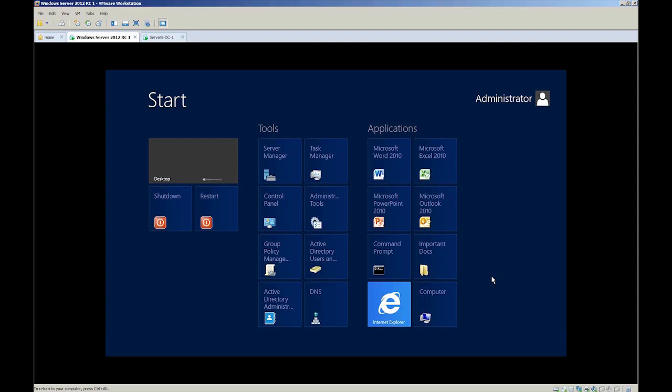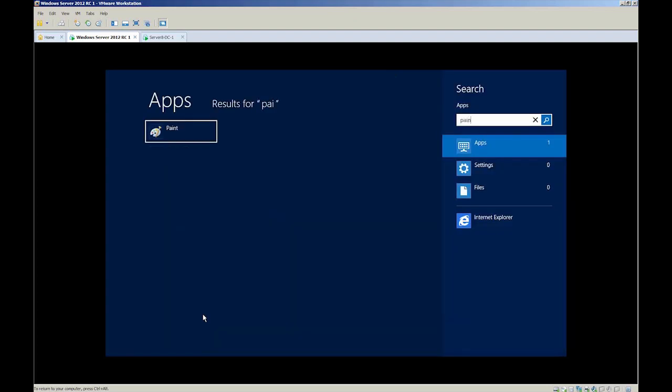A lot of people said, hey, where'd the search box go? Wasn't that kind of the really awesome thing they added? You just click Start and start typing what you want. Well, look at this. I'm on the Start menu, and I'm just going to start typing on the keyboard. P-A-I-N-T. And it jumps right into a search box for applications, and there is Paint. That's pretty cool. I actually was ticked off about that at first because well, where's my search box?